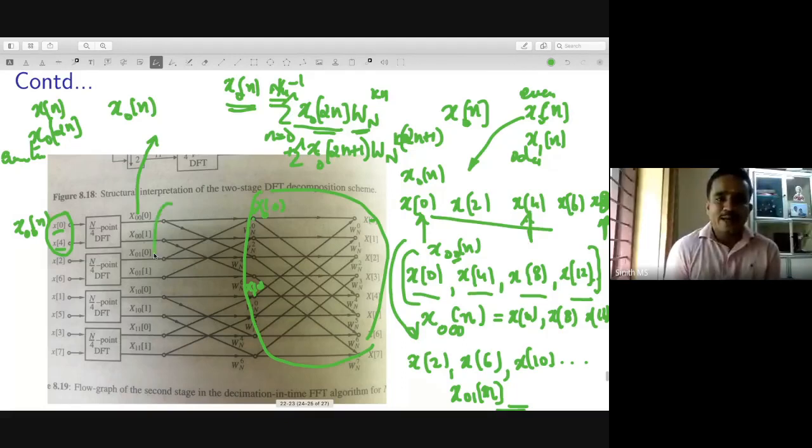We took half the portion and again applied the odd and even terms. So you find odd of even and even of even. This is again multiplied with W_N raised to 0, and using these equations you can find the solution like this. Now if you again proceed like this, you can get an N/8 point DFT, and you again split into even terms and odd terms.